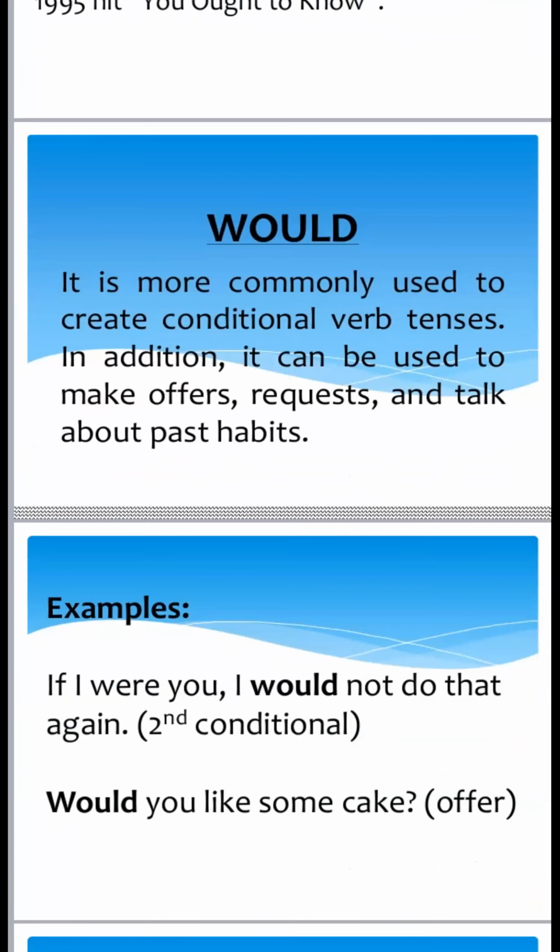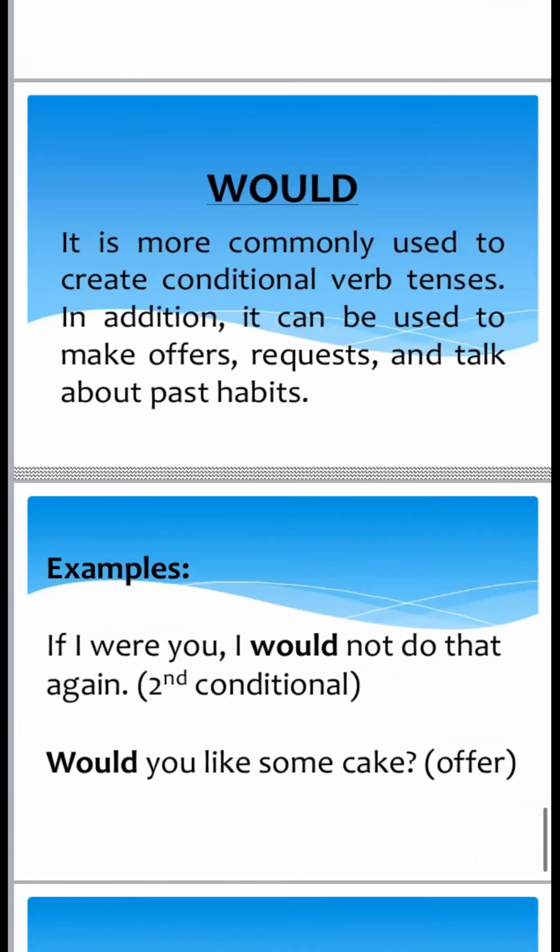Okay, will. From will we have to move towards the word would. It is more commonly used in conditional verb tenses, and in conditional verb tenses we normally make offers, requests, and talk about past habits. As will is going to talk about present and future, similarly would is going to talk about past statements. So let's